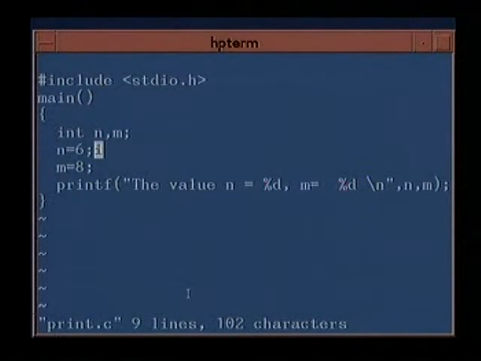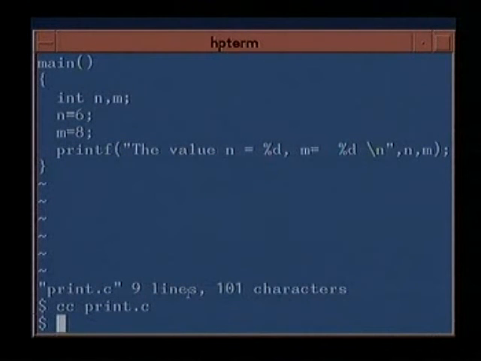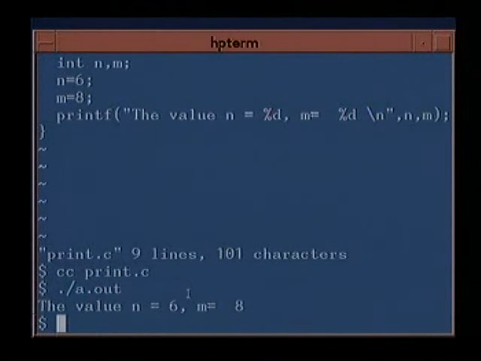So it has given a syntax error during compilation. Now it's okay. So it now prints the value of n is equal to 6, m is equal to 8. And if you want them in different lines, you can put the control \n and the other sequences as and when they are required. So now let us take the next program.